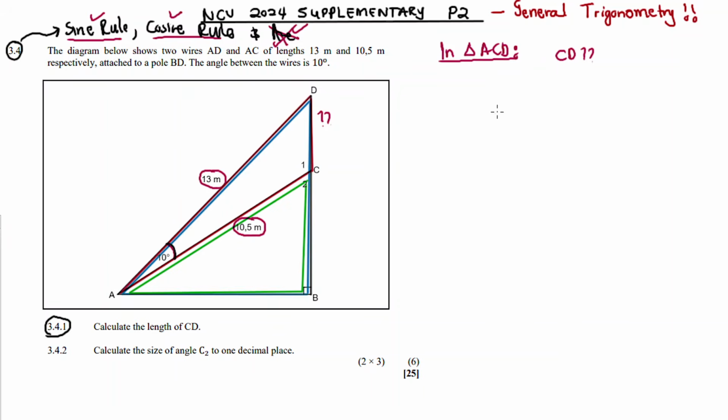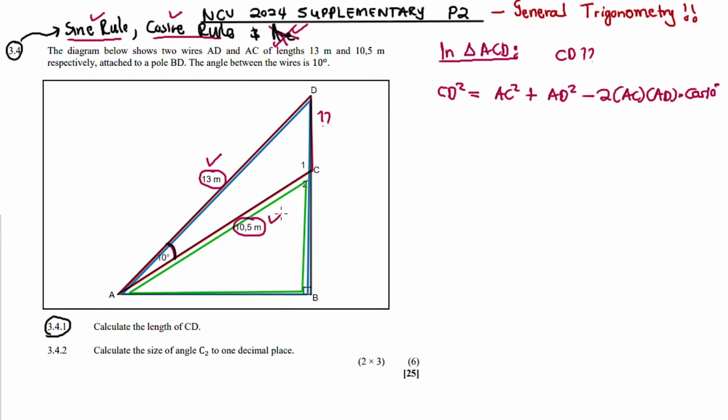This calls for the application of the cosine rule, where we say the side that is opposite to the given angle, we square it. It's going to be equal to one of the sides that are adjacent squared plus the other adjacent side squared minus 2AC multiplied by AD multiplied by the cosine of the given angle. So this is the given angle,